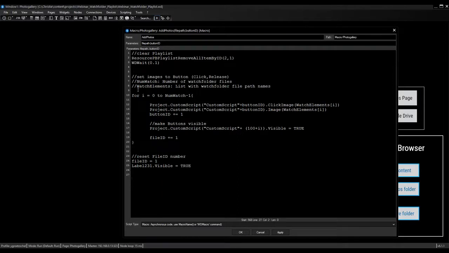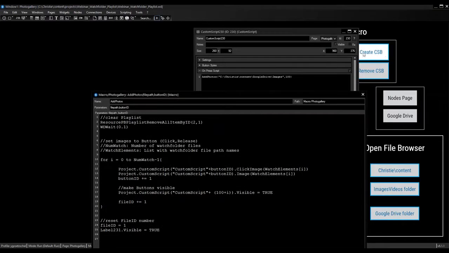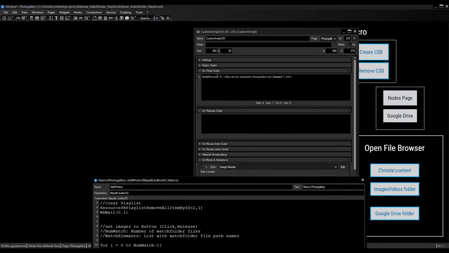And now the number of watch files, the file count number, I've added a for loop, and then step by step for each image I add the image to the click image and the release image for the custom script button. That means